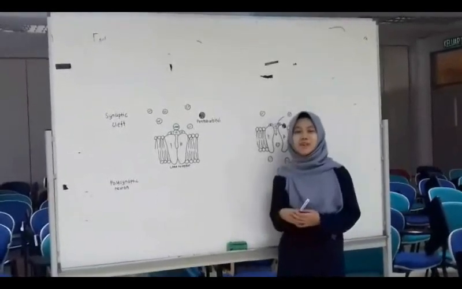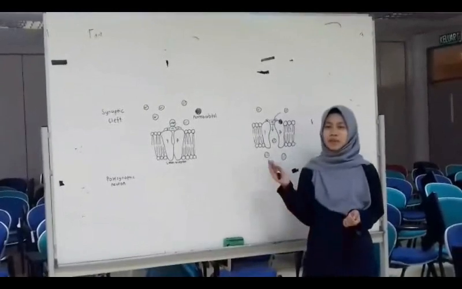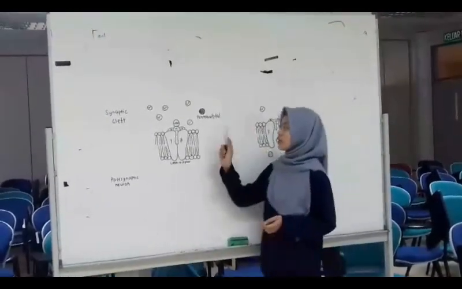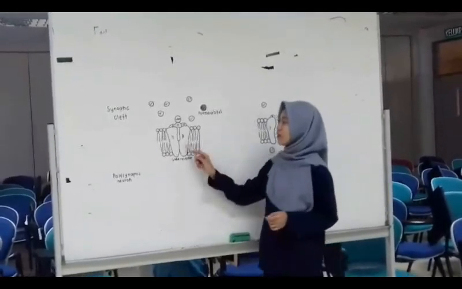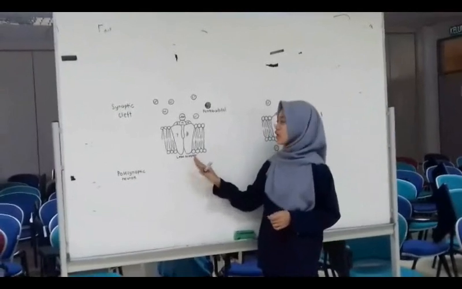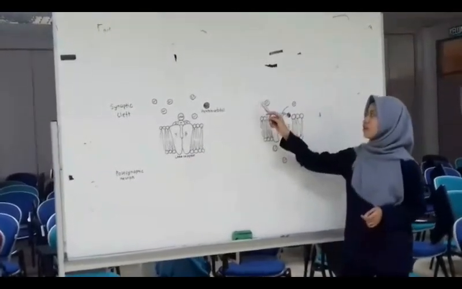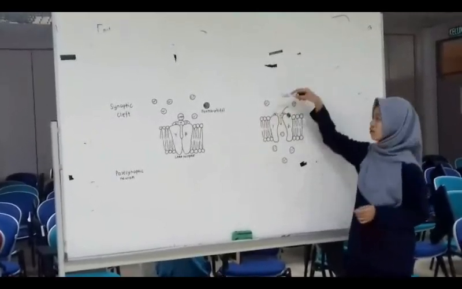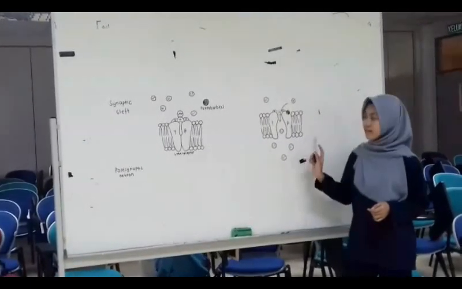Okay, now I will explain the mode of action of pentobarbital. So, what is happening when pentobarbital is administered into the horse? Pentobarbital will bind to the beta receptor and open up the GABA receptor. As a result, it will increase the opening of the GABA receptor and increase the chloride ion entering into the postsynaptic neuron and increase the